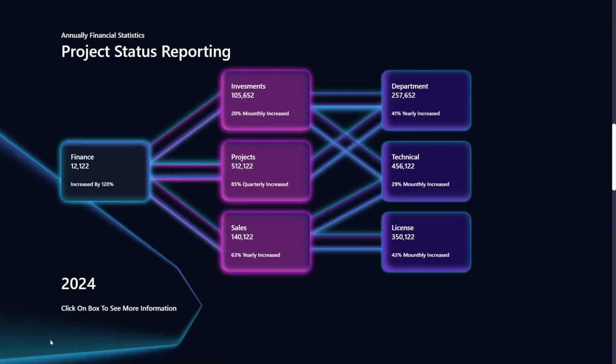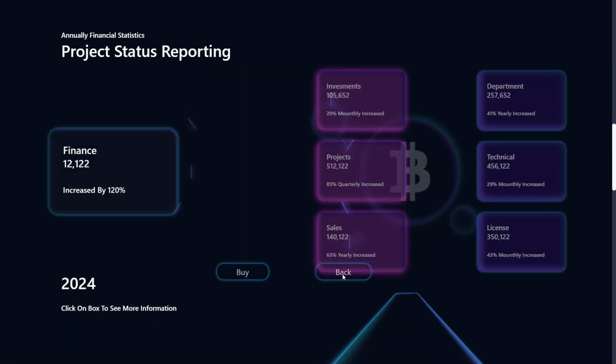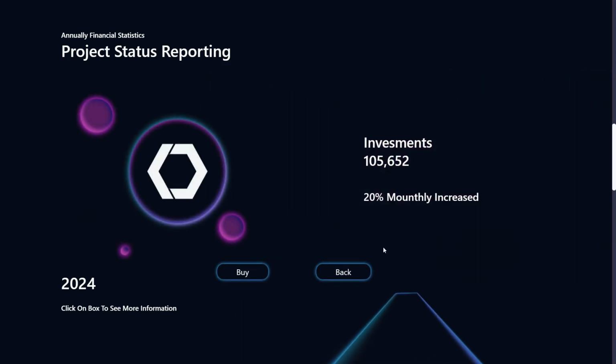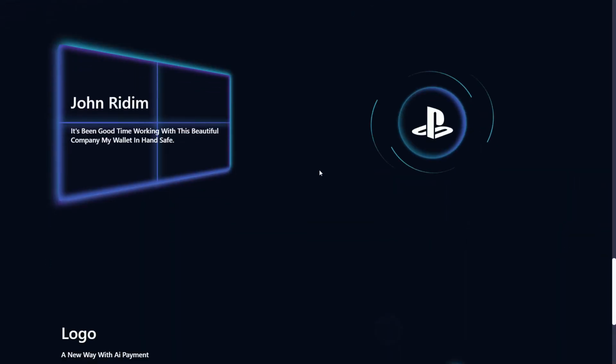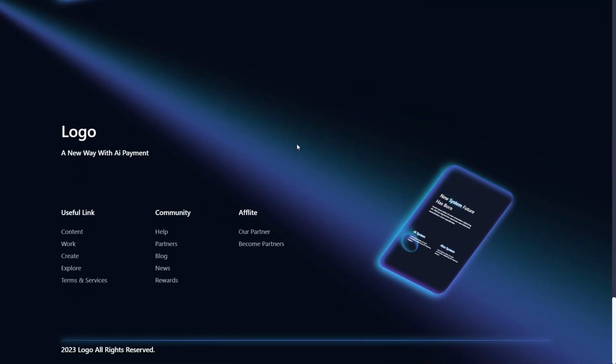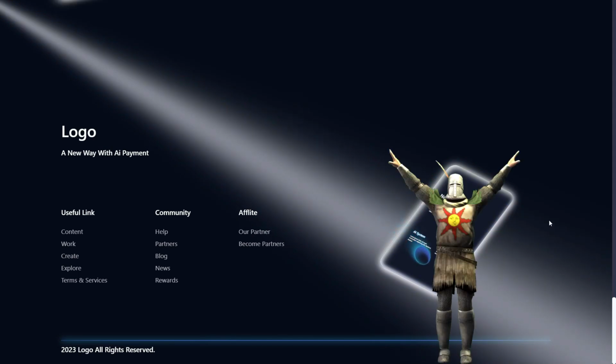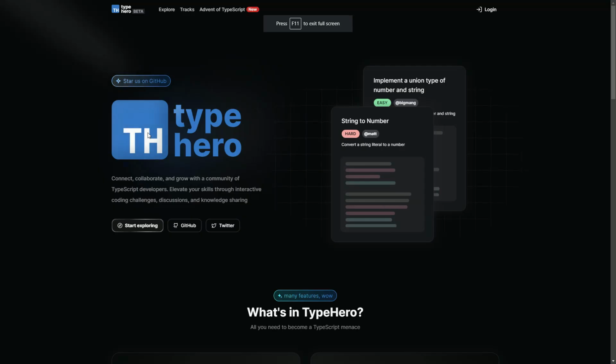As you can see, this is our payment page and it has 7 boxes. When the user clicks on a box, you can see the information inside of it, and there's more JavaScript for this light coming from the top, just like a sun. But let me just make it white, and here we go. This is our sun. And I got this idea from this website, as you can see.